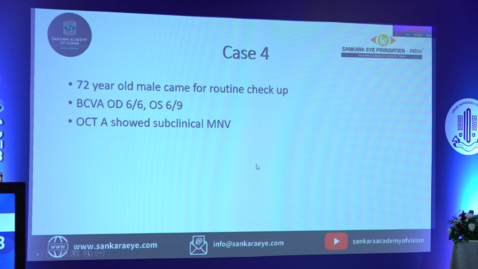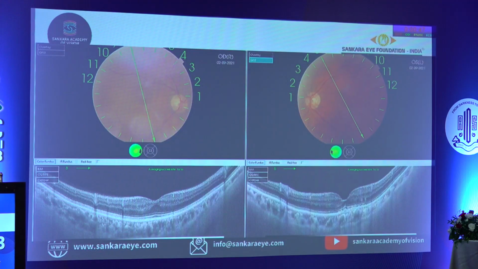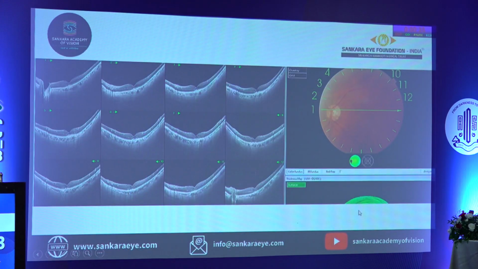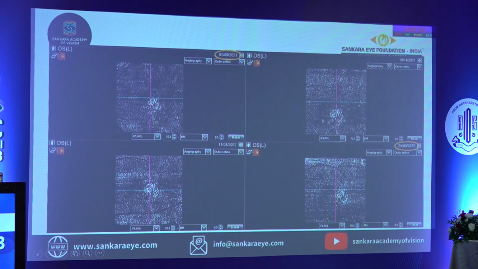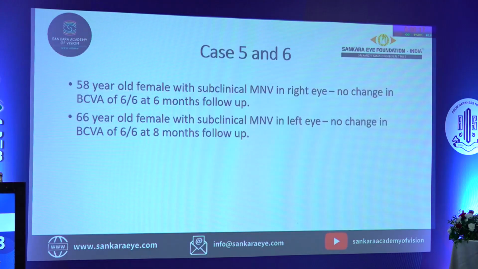This is the fourth patient. In the left eye, vision was 6/9, and when I did the OCT angiography, there was also an atrophic area in the region of the RPED. The vision was a little less, but there was no clinical activity, no exudation, and no subretinal hyperreflective material. This patient also showed neovascularization in the outer retinal slab, and during almost a year of follow-up there is no change in the neovascularization and no clinical activity.